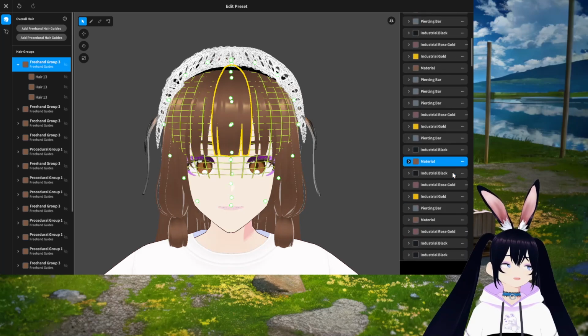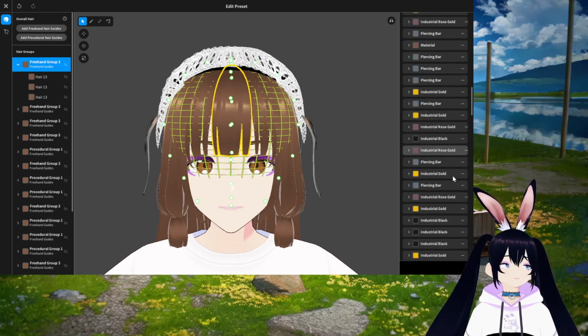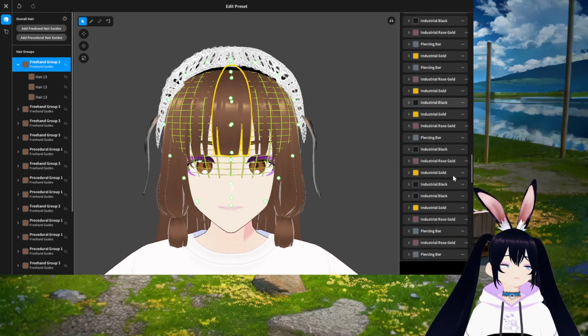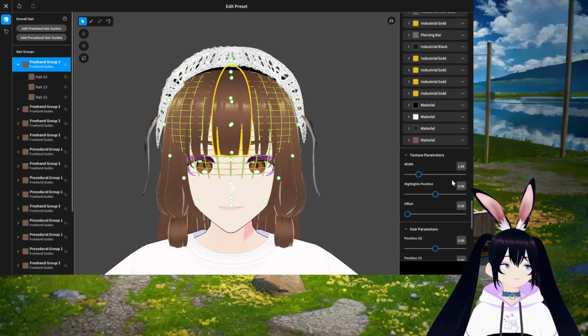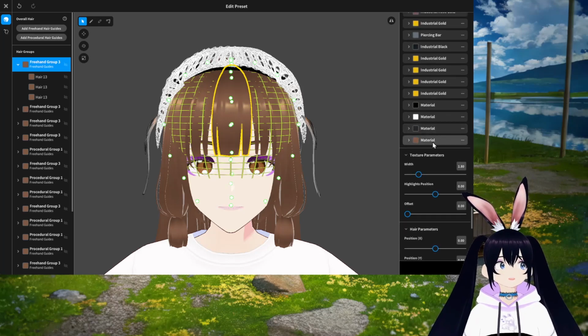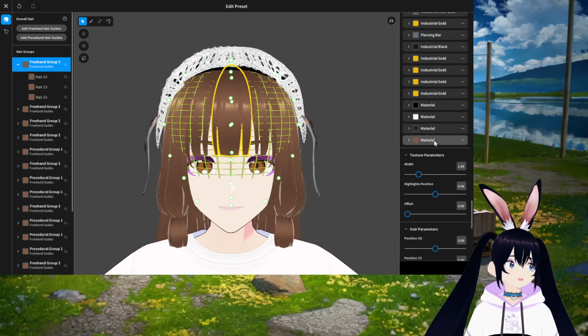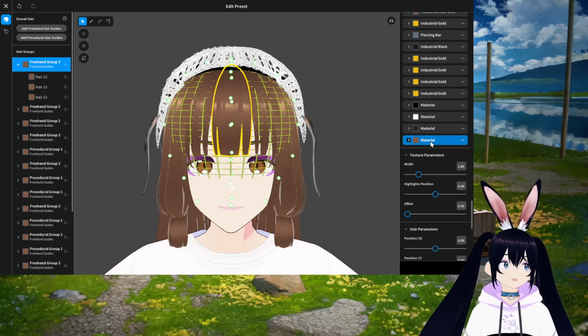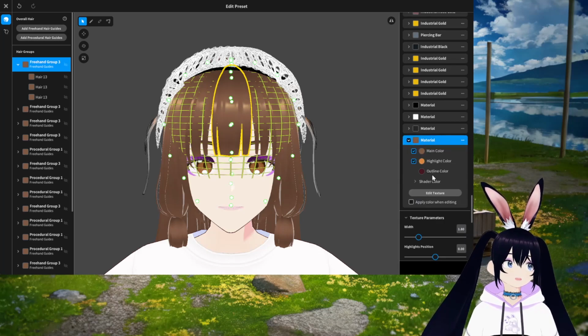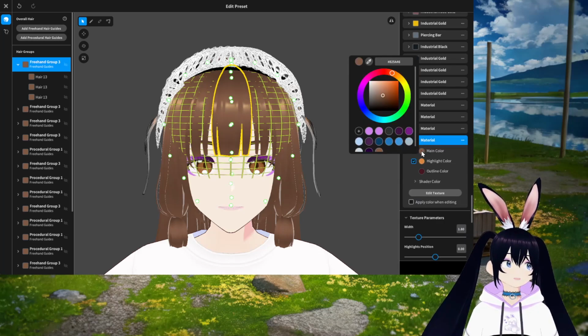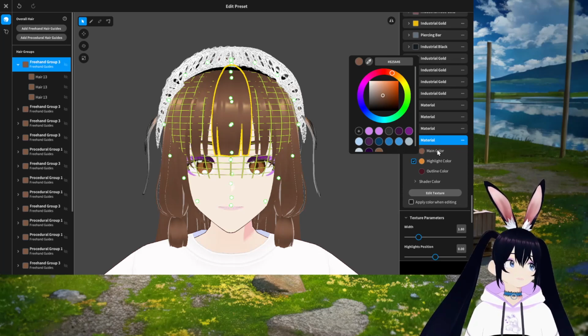If you scroll all the way down to the bottom of this now. Oh my goodness, I have so many colors. Okay. Go all the way to the bottom of the list, and you're going to see a new one called material. And it's going to be a base brown. That's what they all start with. So if you want to edit, you click down on that, and you click change on these main color, highlight,